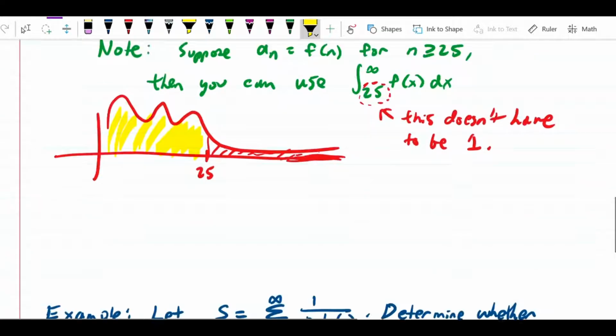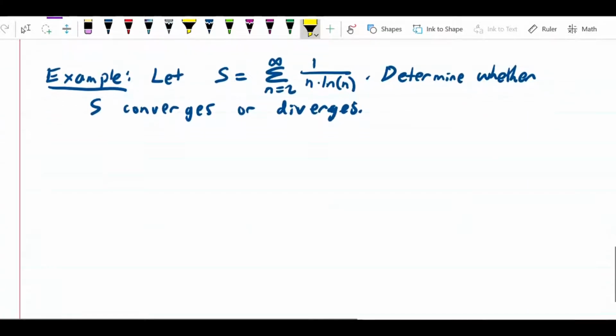Okay, so let's do this example. Let S be this series, the sum from n equals 2 to infinity of 1 over n times ln n. Let's determine whether this series converges or diverges. So first of all, let's note that a_n is just equal to 1 over n times ln n. That's the definition of the underlying sequence,